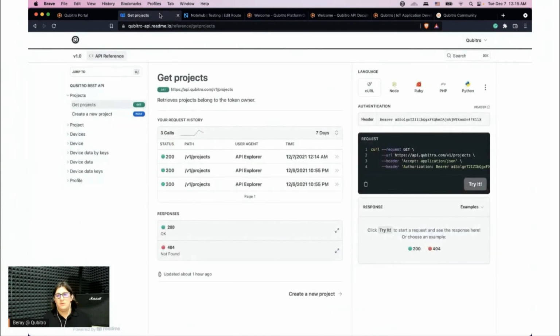So this yields a simple reason for us to build these APIs, because we saw that while there are solutions, they mostly focused on the user interface. But we really believe that it's going to be more about automation and accessing everything through API calls so that you can build your custom solutions. So this is how Qubitro works. And